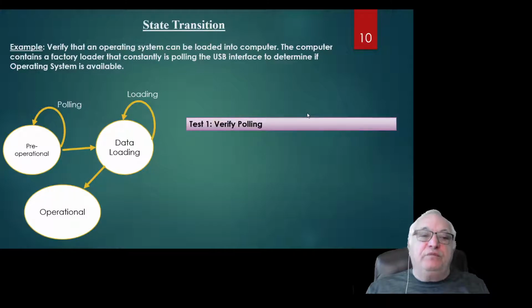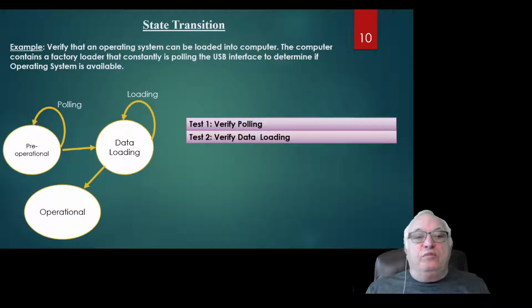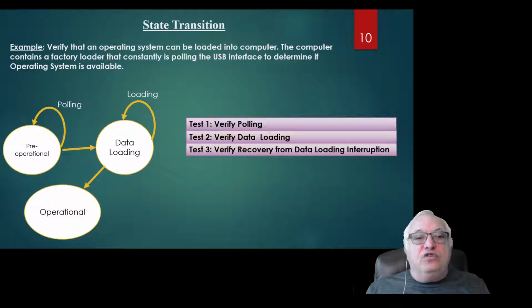So let's look at how you would test this. First, you would verify that the polling is working. Next, you would verify the data loading. So you would install the memory stick and make sure it gets loaded into the system. And finally, you verify recovery from the data loading